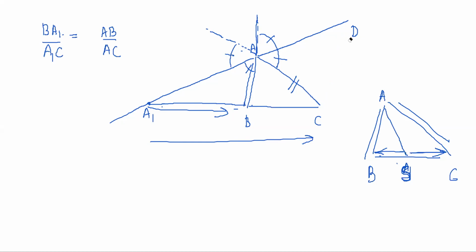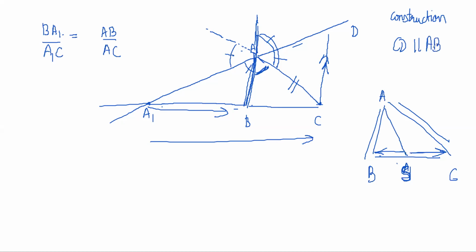This was the initial question, okay? You have drawn a bisector of the exterior angle A. The normal internal angle A is this, so the exterior angle A is this, right? Yes. So I have drawn a bisector. Now the bisector is intersecting the extended side BC at A1, right? And I have to prove this thing. So the trick to prove this is to draw a line through C which is parallel to AB. By construction, CD is parallel to AB.